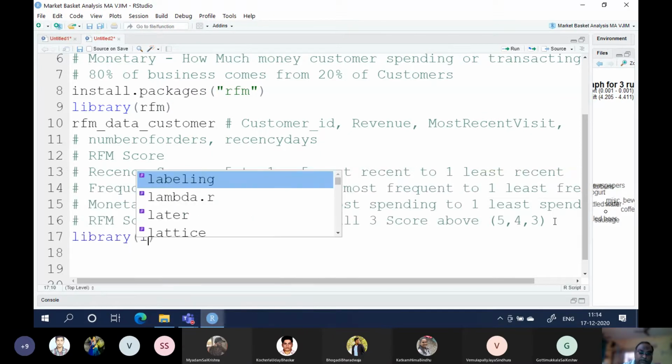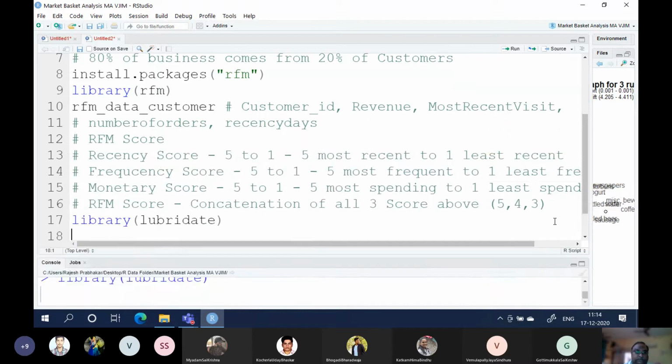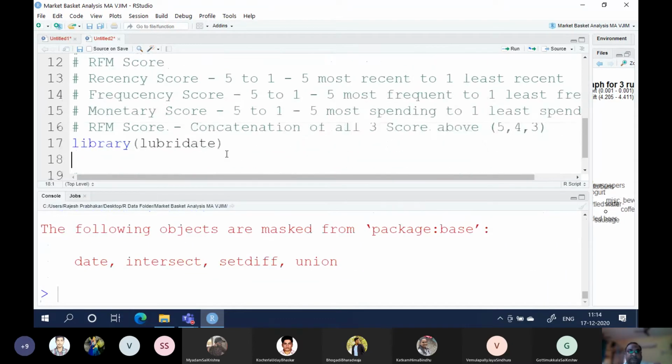Library lubridate. Check whether you have library lubridate; some other package might have installed it. Lubridate is a package for working exclusively with dates. Yes, sir, we used it earlier. Very interesting package.